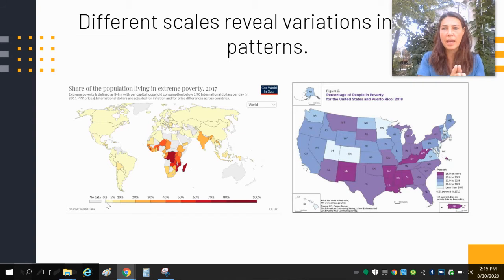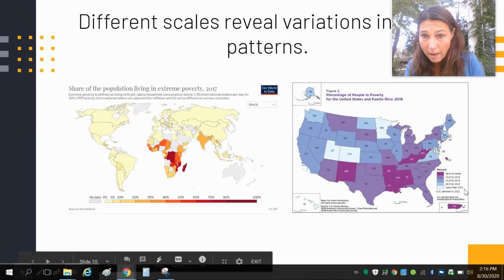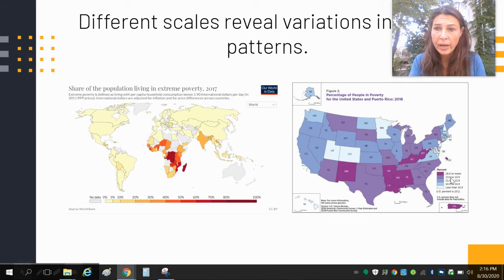If we take the scale and change it, so we take the scale from global and we look at national, and now we change the scale of analysis from national to state, you look at the United States and there's a little bit of a different story going on, right? So there are some states that are doing very good, like less than 10%, and that's the lightest color blue that you can see on here. Some states are doing really well, but there are some states that are not doing so well. When you have states like Alabama and Mississippi and Arkansas and New Mexico,